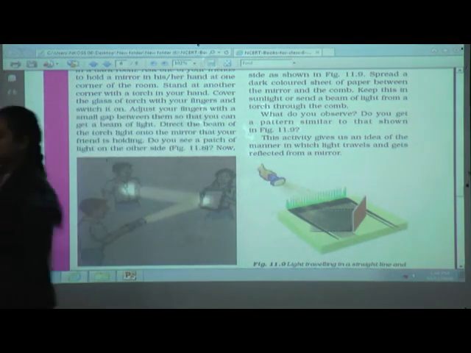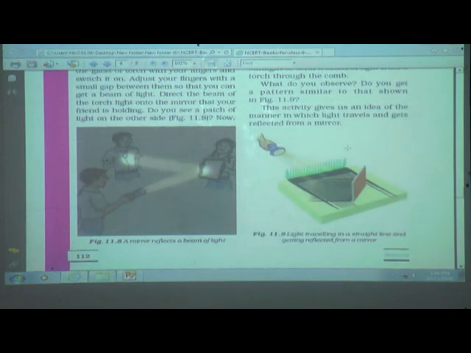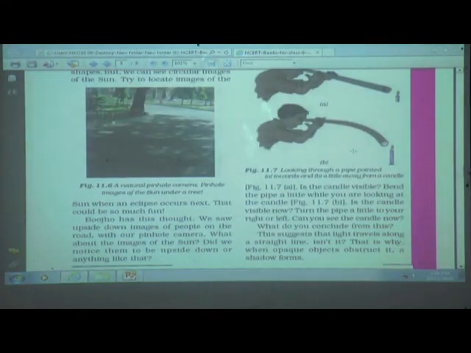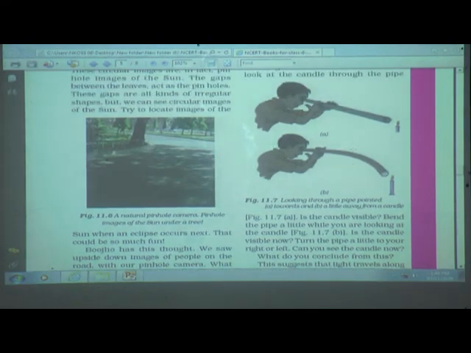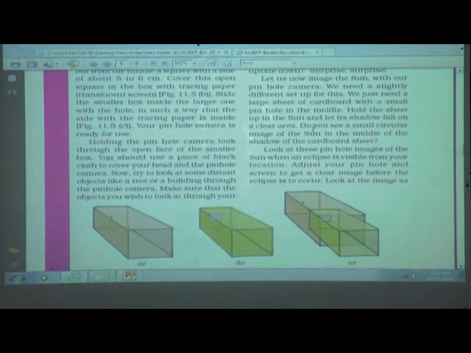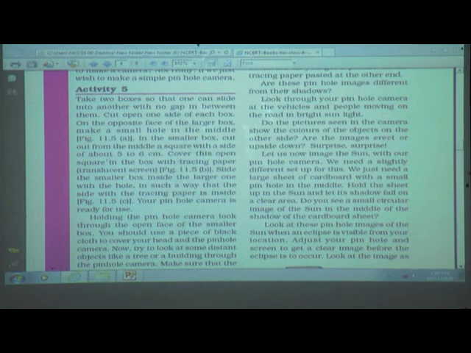Now students, see carefully. In the previous activity, the pinhole camera, they asked us to make the pinhole camera, and here they have given us the question: do the pictures in the camera show the colors of the objects on the other side?